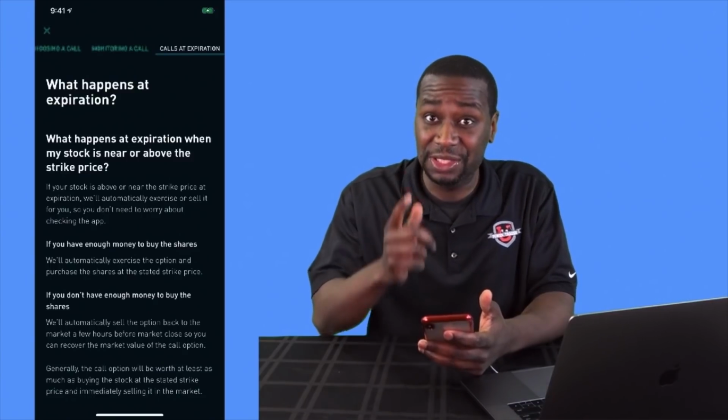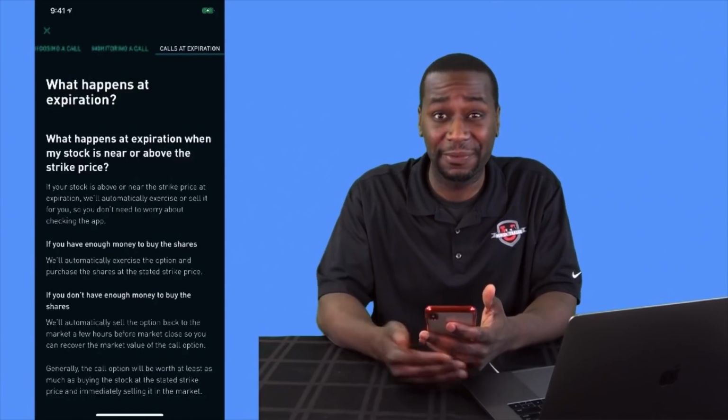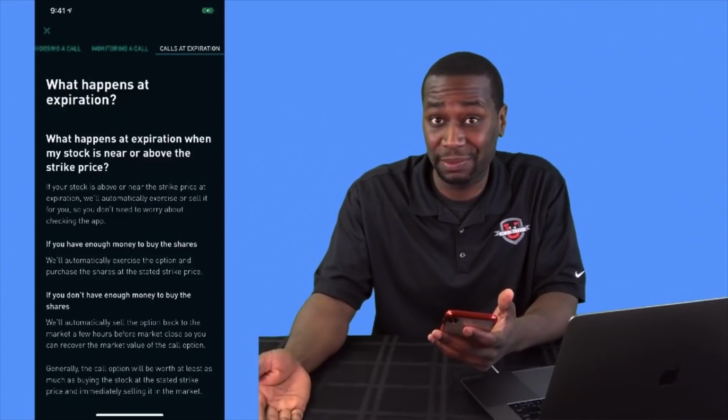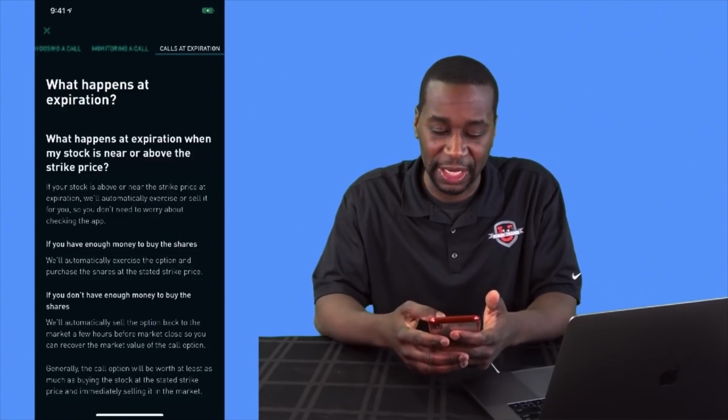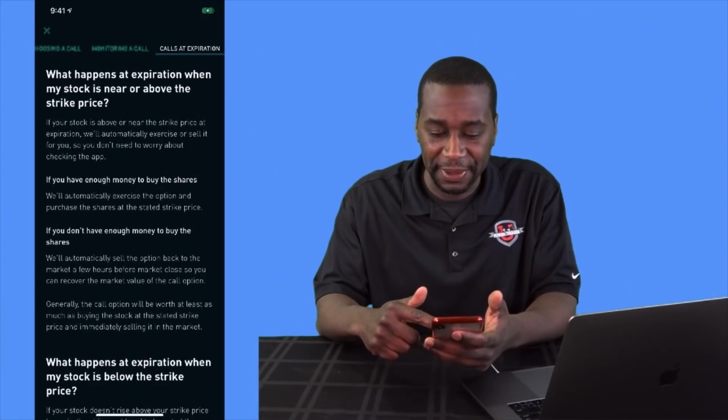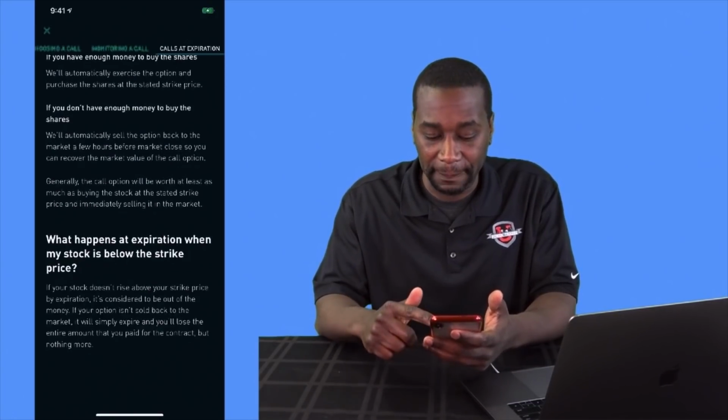Yes, because options do expire. They have a time frame where if the stock is not at a certain price, you're either going to make money, lose money, or hopefully break even. All right. So it's going to walk you through what happens when your stock is near or above the strike